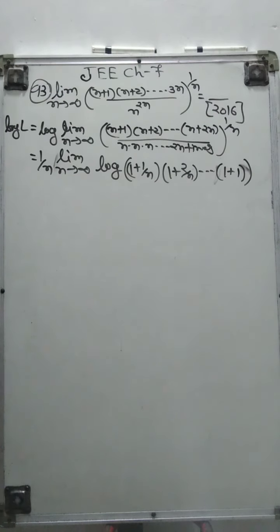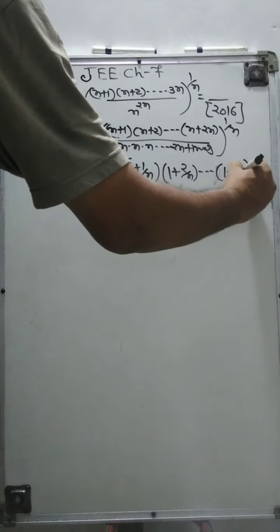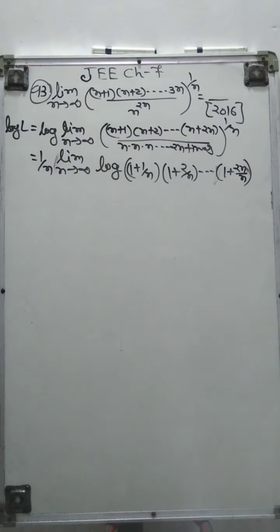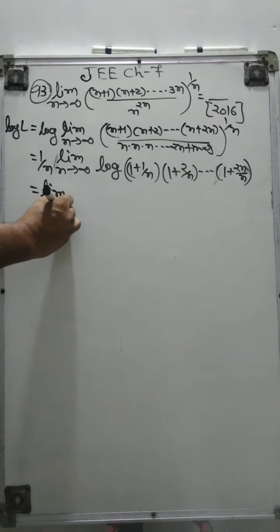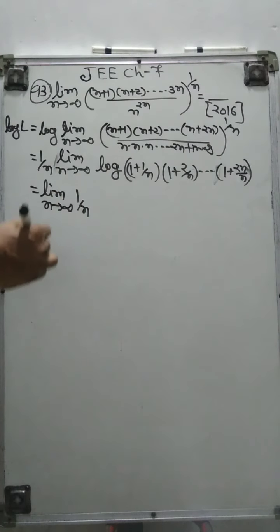Okay, so this is 1 plus 2n by n, or we just take 2n by n. Now when we simplify it, then we get this is limit n tends to infinity 1 upon n log